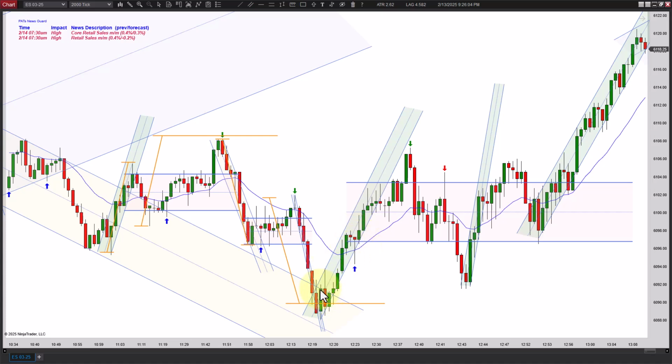Actually, I take that back. There's a first entry, second entry. I was thinking this just turned straight up. So it's not a second entry long, but I like that one just because it's back. I didn't draw it all the way across here. It's all the way back to the range, and it's playing. You can see twice it's tested that and held, and so I like just playing the range rule back up there. And you can see it turn back down, but it ends up breaking higher and going higher. And if you notice here, it comes back and tests the upper side again before it goes higher there. But that's just too congested.